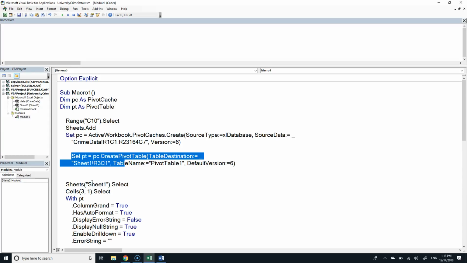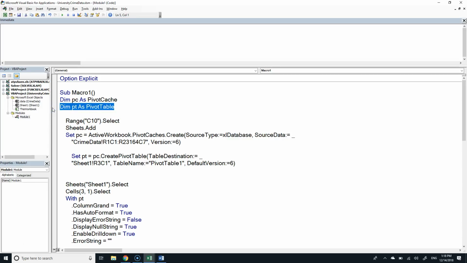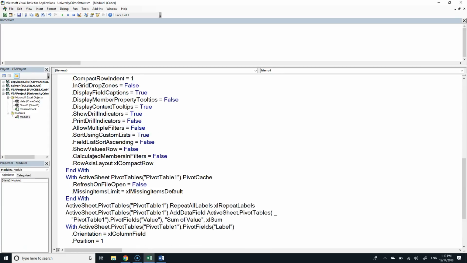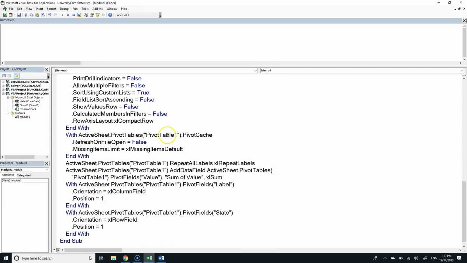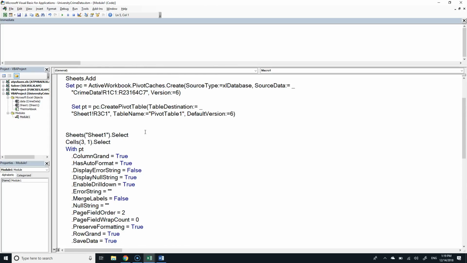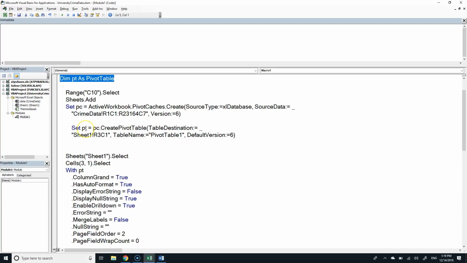You need to dim pt or dim something as a table? Yeah, we did right here. So dim pt as PivotTable. The question is, is that only if you want to put the pivot table into a variable? And the answer is yes. So that's the only reason we need to do that. The way this code records, every time it refers to a pivot table, it gets the pivot table by name. So we could give that pivot table a name that we know, and we could refer to it the rest of the way in the code this way. We wouldn't ever need a direct reference to the pivot table object. But the code is dramatically simpler when we do make a pivot table variable to hold that.